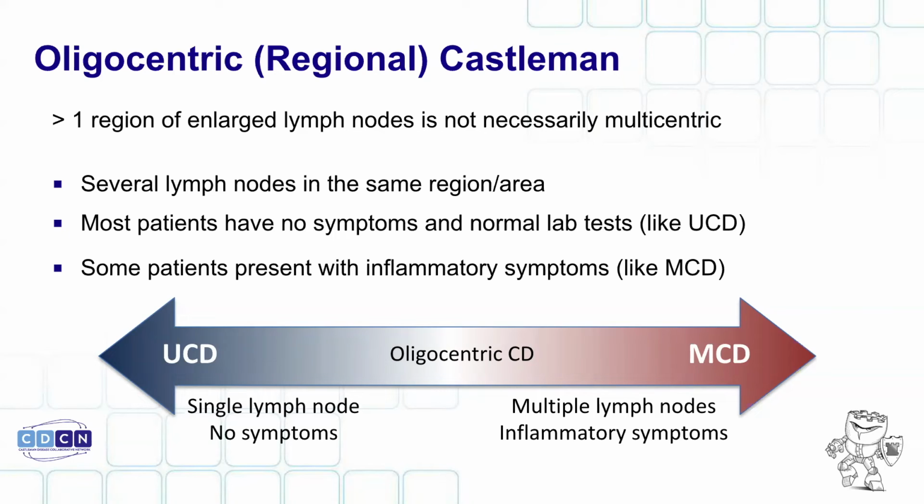So there are some limitations in terms of size: it is an issue in unicentric, not an issue at all in multicentric. But in instances where unicentric has issues with inflammatory syndromes, then we certainly look at the same multicentric drugs. If you look at all the multicentric drugs that there are, all of them are different kinds of immune suppressants. And so the fact that a unicentric patient is having an issue with an uncontrolled immune system makes sense that a lot of those drugs are going to have activity and are going to work for unicentric patients with systemic symptoms who are having an inflammatory disease, just like they work for a lot of other inflammatory diseases that have completely different ways that they work.